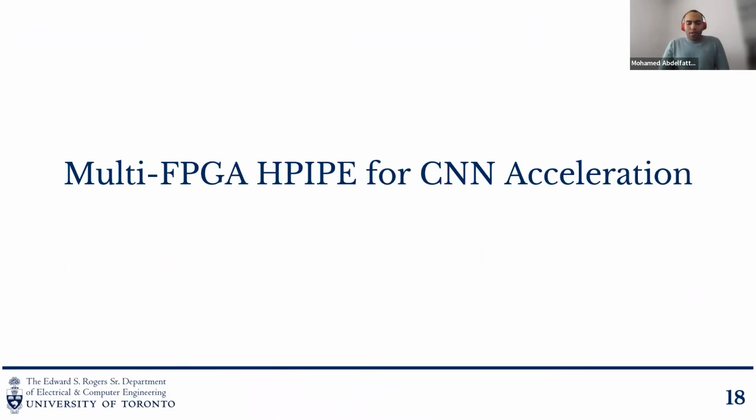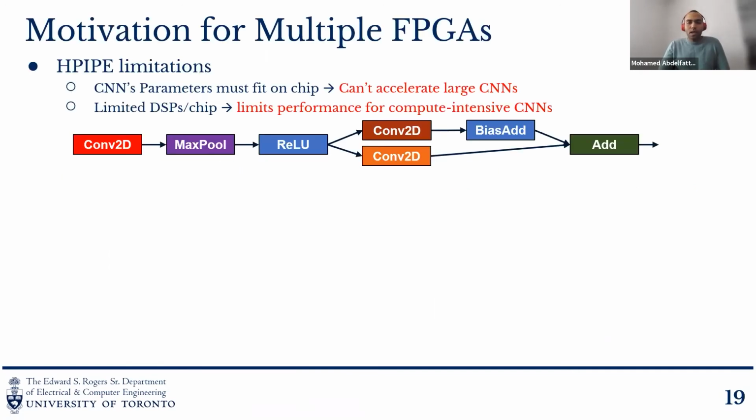So now that we discussed Hpipe for accelerating object detection, we'll move to scaling Hpipe to multiple FPGAs to further improve its performance. Hpipe is great. It produces high performance CNN accelerators, but it has some limitations. First, as part of the architecture, it has to fit all the parameters on chip. And this is